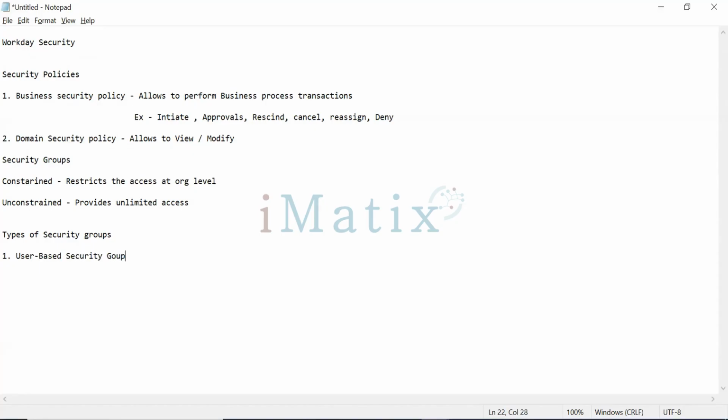User-based security group, role-based security group, and job-based security. They are mostly primarily used as security groups, I can say,